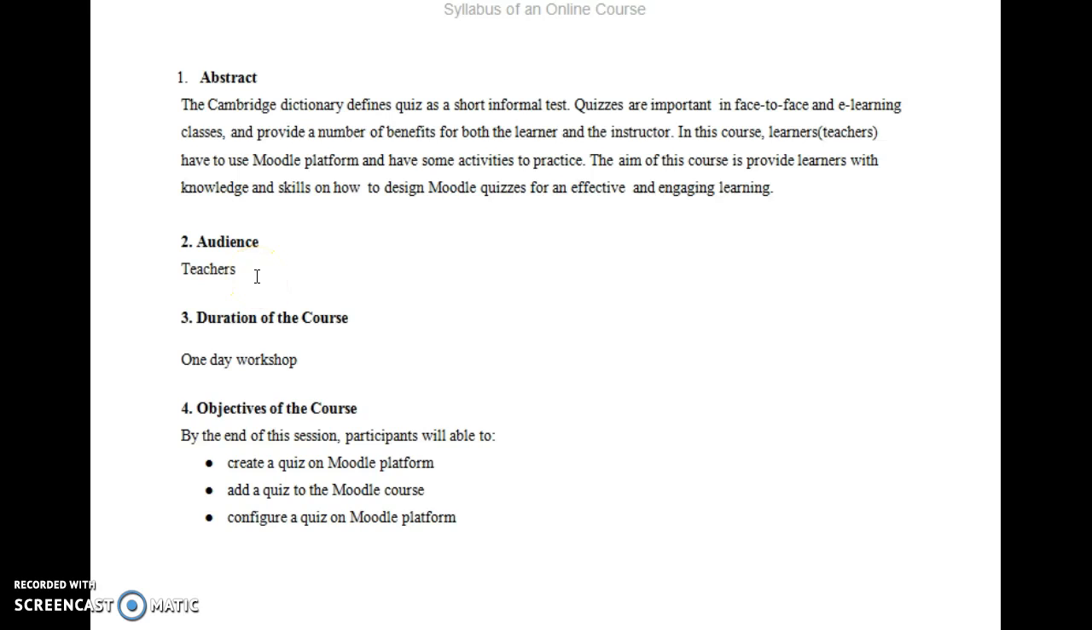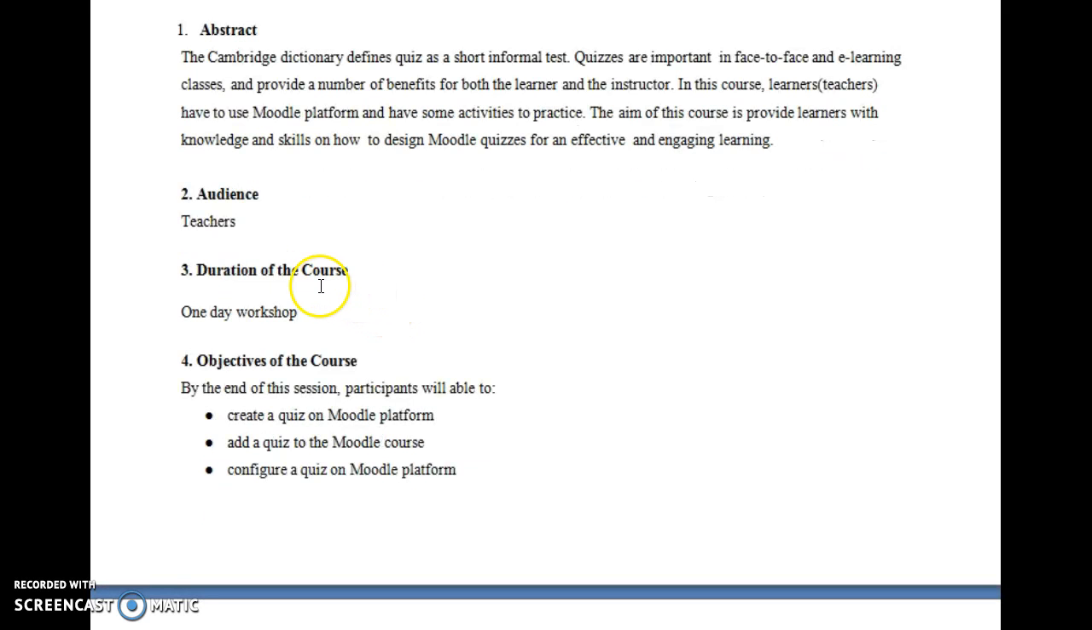The audience will be our teachers, our fellows, our colleagues, and the duration for the course can be a 1 day workshop for face-to-face, or even 30 minutes for an online session. And the objective